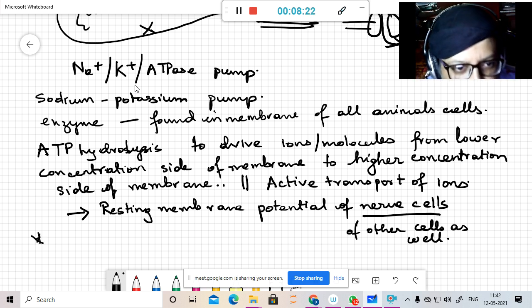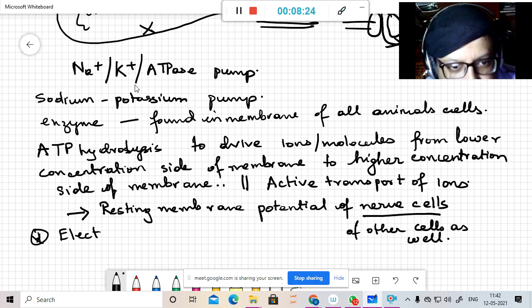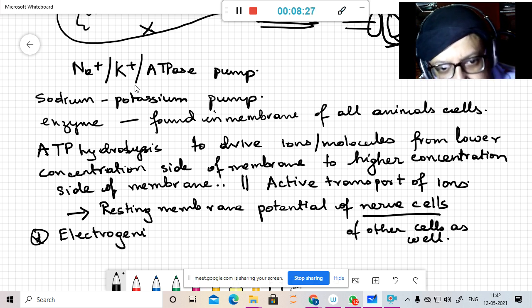And this effect is known as the electrogenic effect,